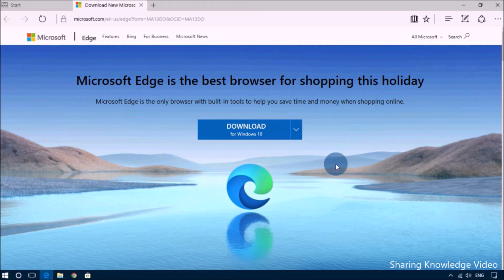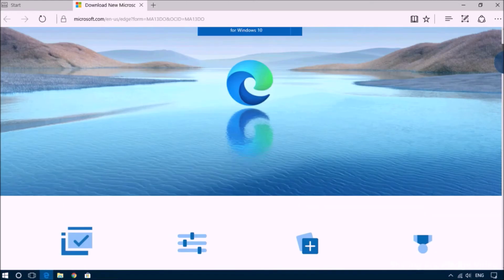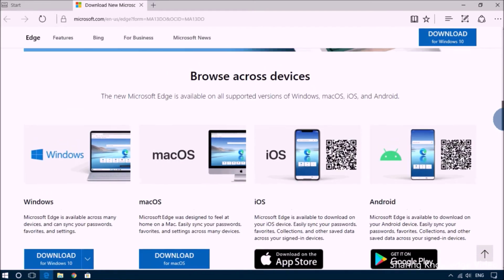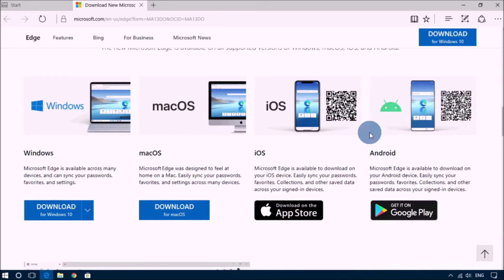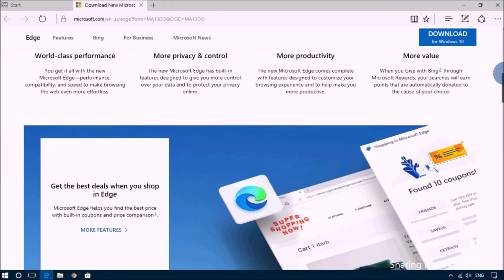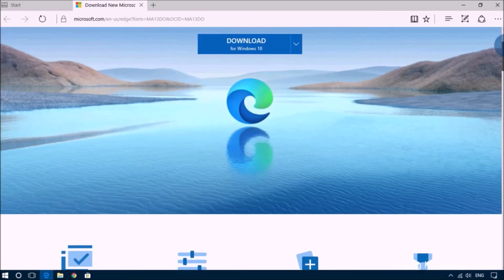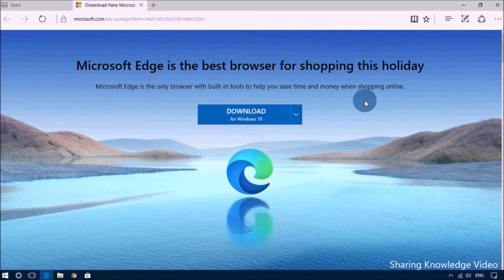Okay, then you will see this new page, the Microsoft Edge download option, Download for Windows 10. Scroll down a little bit, then you can see that the new Microsoft Edge is available on all supported versions of Windows, macOS, iOS and Android devices. If you are on another operating system, go to Download for Windows 10,